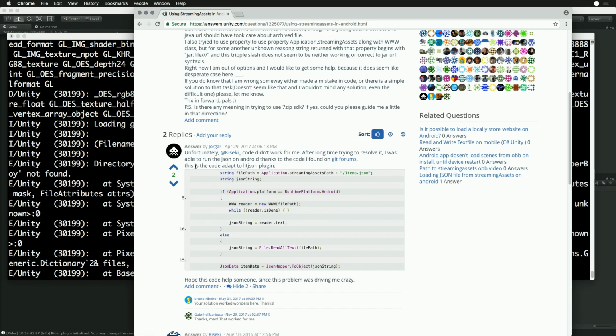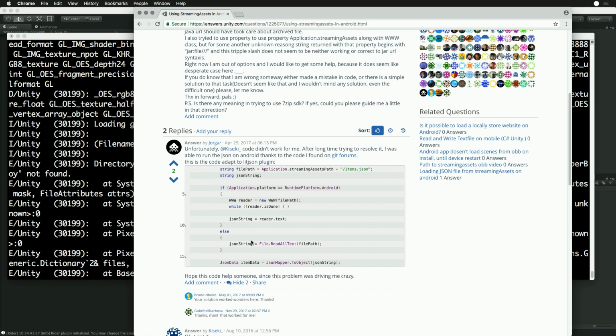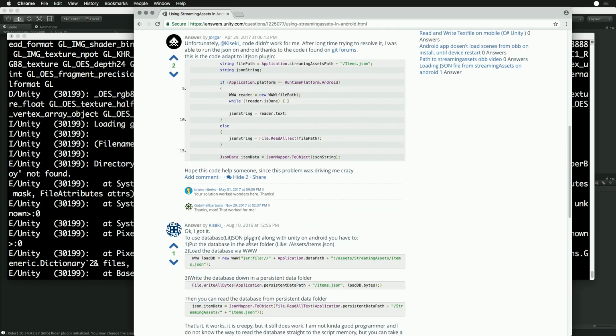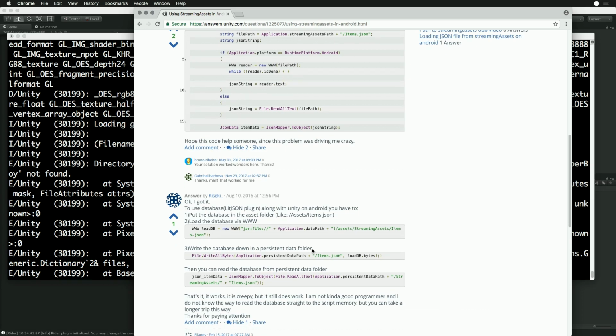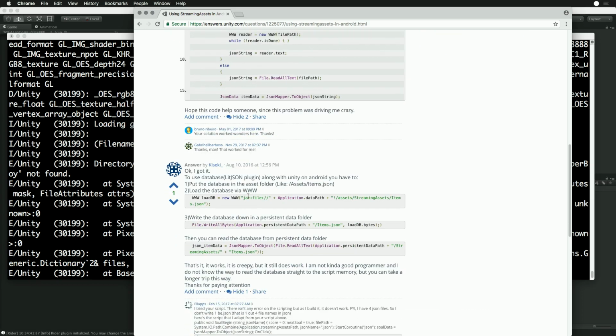I found in Git forums. This is the code to adapt to the lit.json plugin. All right, to use database JSON plugin along with other utility Android, you have to put the database in the assets folder, like load using jar file application path, streaming assets item JSON. Write the database down in persistent data folder, application persistent data. Then you can try to read the database from the persistent. So